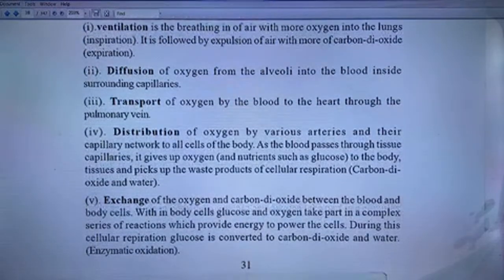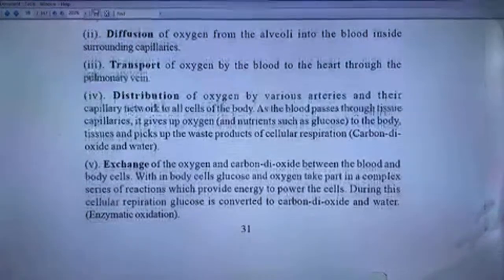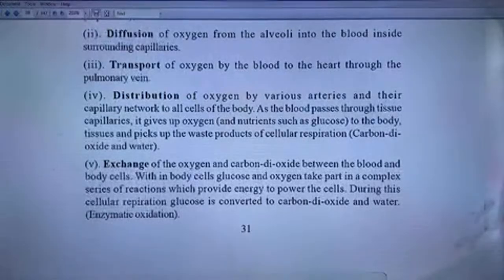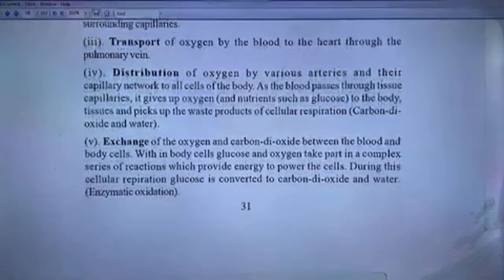Ventilation is the breathing in of air with more oxygen into lungs. Inspiration. It is followed by expulsion of air with more carbon dioxide. Expiration. Diffusion of oxygen from the alveoli into the blood inside surrounding capillaries. Transport of oxygen